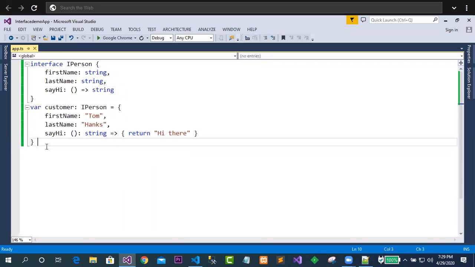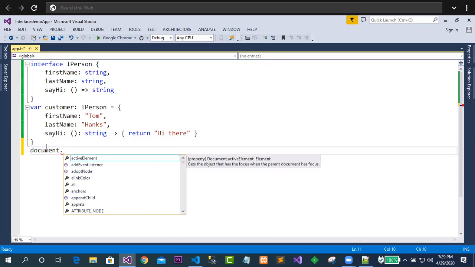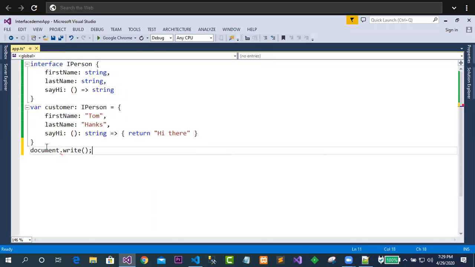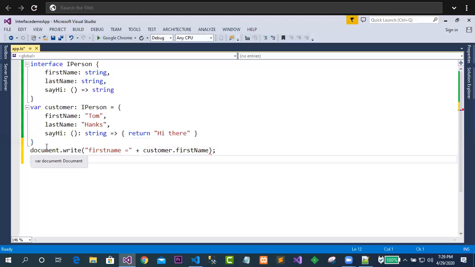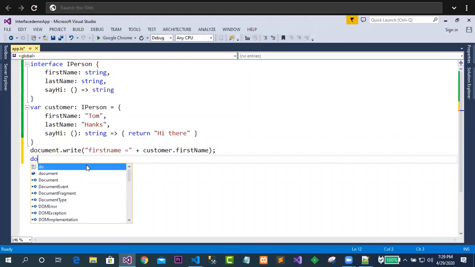So now the requirement is, let me just go for displaying all the values. So that is why I should write here. This is exactly the first name. This is first name, and this first name, let me just go for printing something like this. Okay, this is a customer dot first name. I got it. Clear.